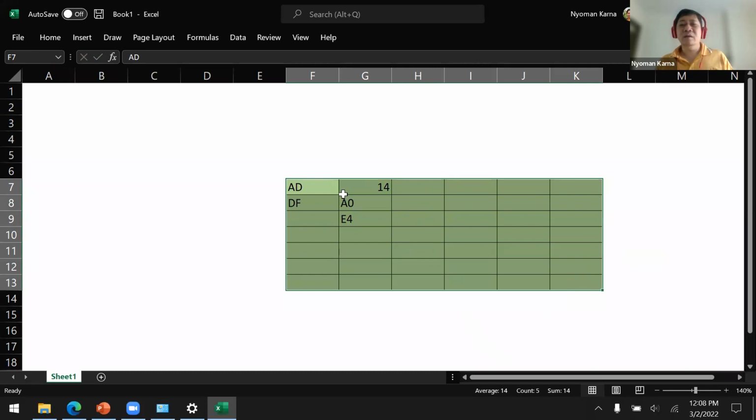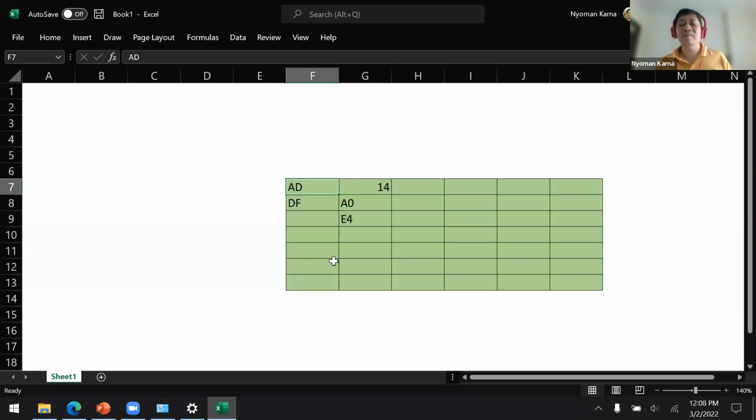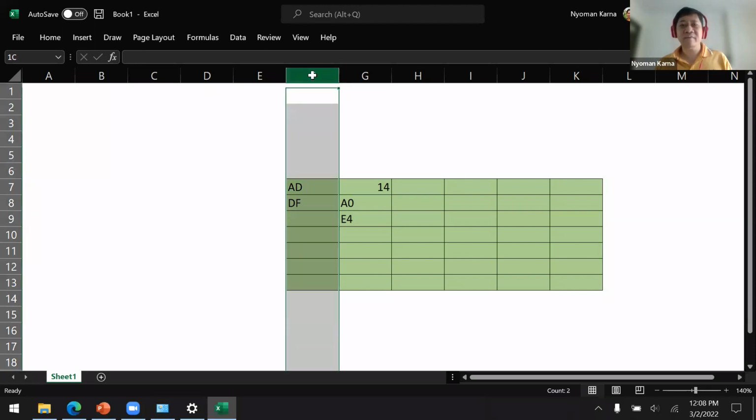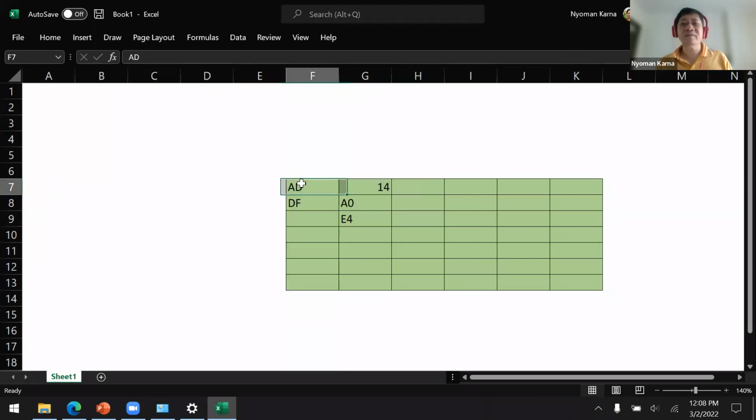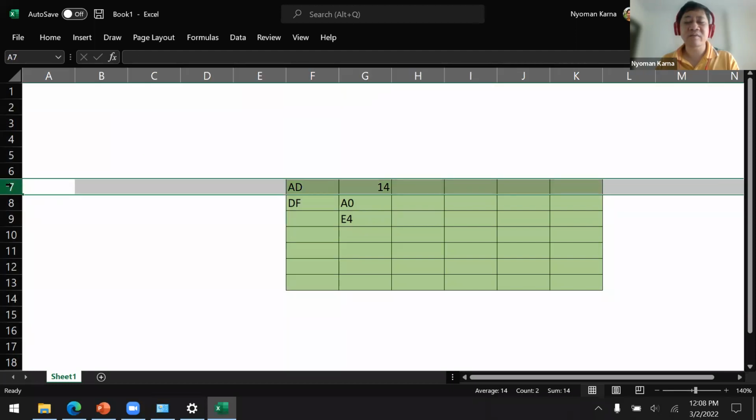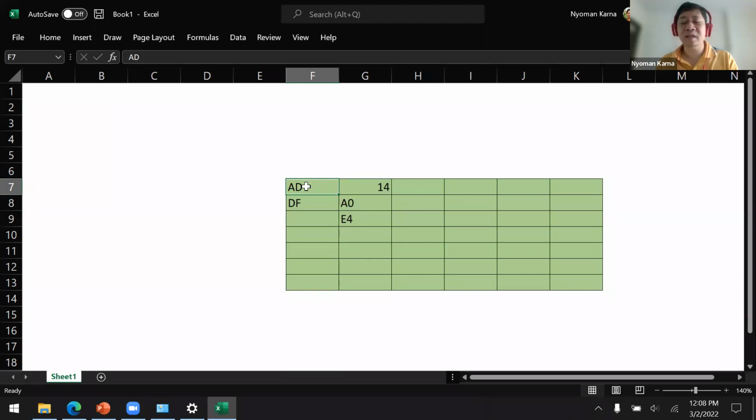But how about if I want to read this data, AD? Okay, you need to specify the location. So what is the location? It's F and 7. Oh, F7. So you want to retrieve this data. Okay. So that's why the address bus will send F and 7, and then the memory will return AD.